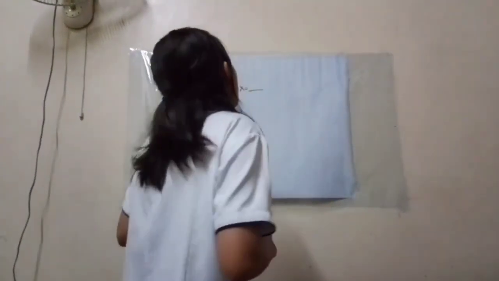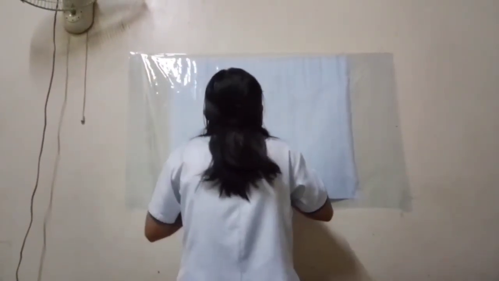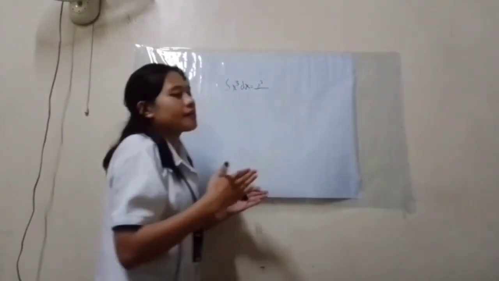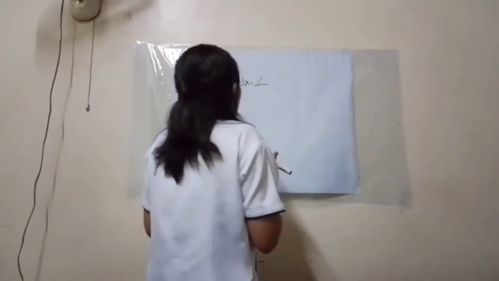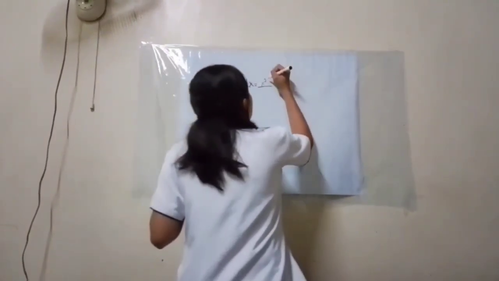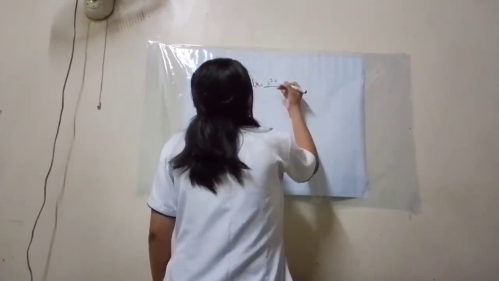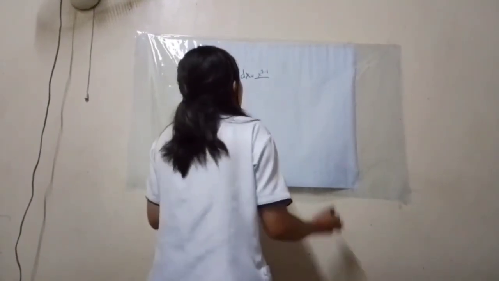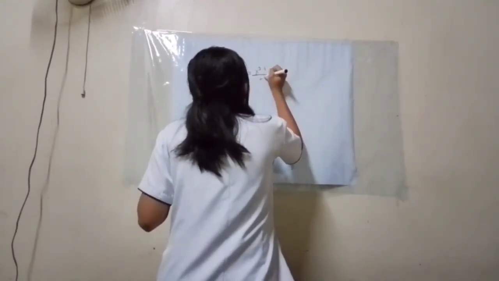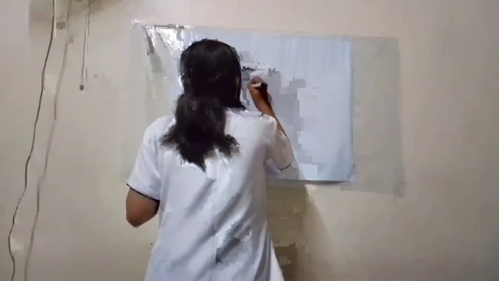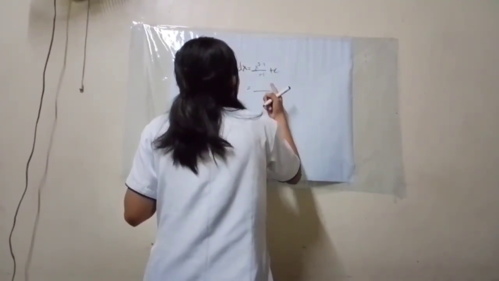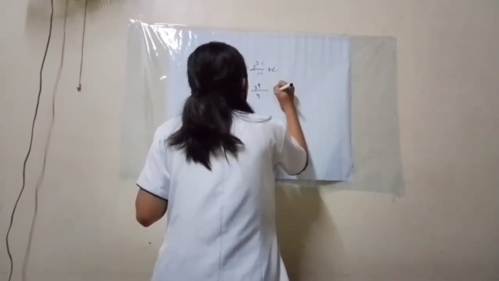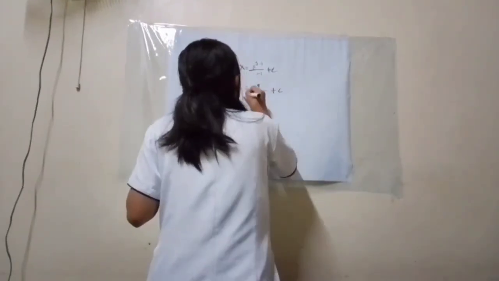If we wish to find the antiderivative, the integral of x cubed, since it's the power rule for antiderivatives, instead of subtracting 1, we're going to add 1. So it will be x to the 3 plus 1, and we're going to make this also our denominator, so x to the 3 plus 1 divided by 3 plus 1, plus c. That would be x to the 4th, and 3 plus 1 will be 4, and let's not forget the constant of integration, which is the c, and it would be the final answer.